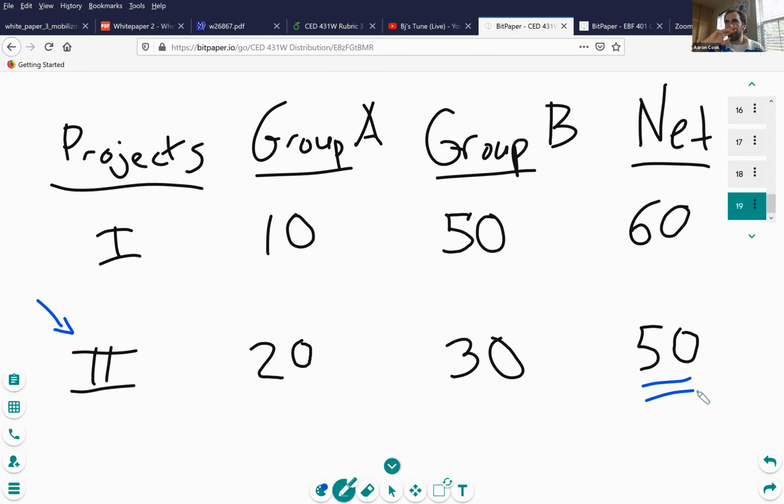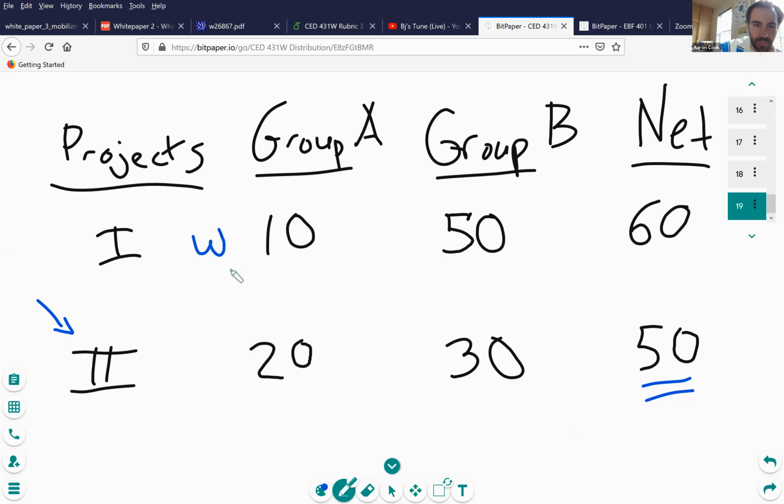One of the things that this would let you do, as someone that's maybe curious from an analytical perspective about which weights to choose, is that this observation that project 2 is chosen over project 1 actually gives you some information about how much the politicians or the bureaucrats are weighting the different benefits that are accruing to groups A and B. So if project 2 is chosen over project 1, there must have been some implicit weight that was placed on group A versus group B. And so we can analytically consider what those weights must have been in order for project 2 to be more desirable from a social or political perspective relative to project 1.